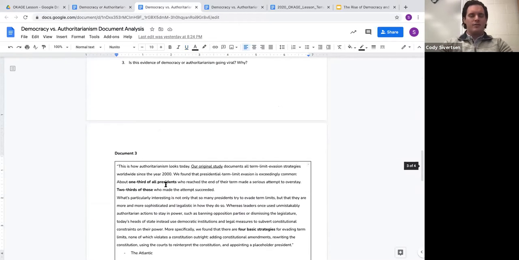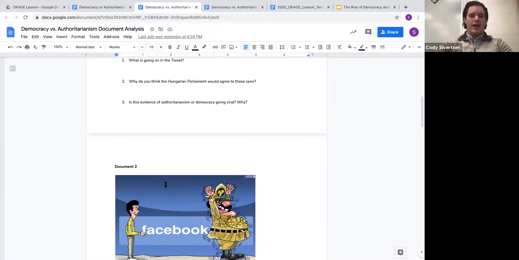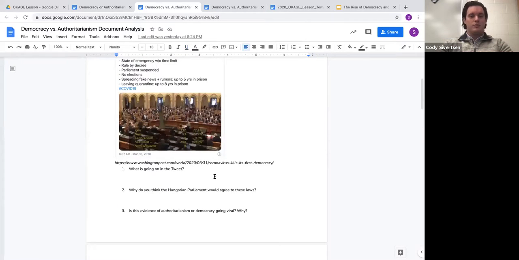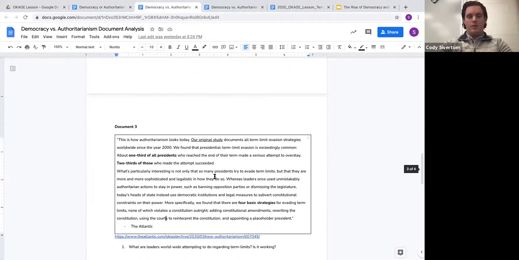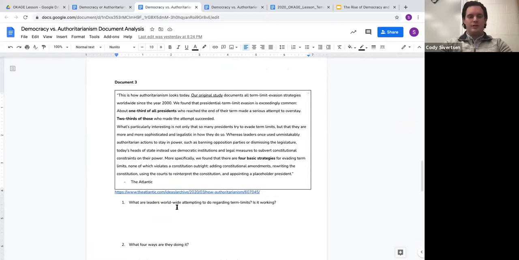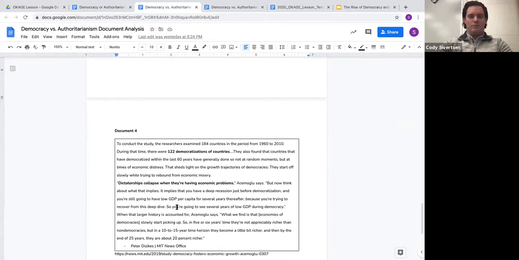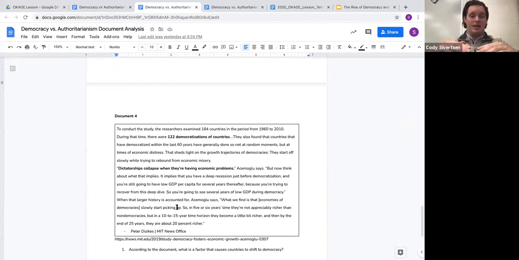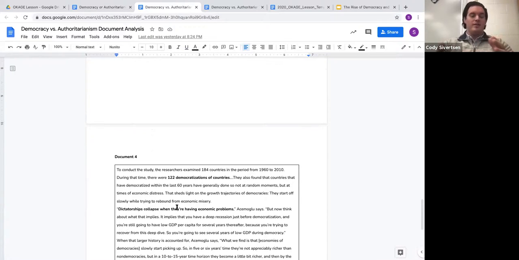There are a lot of different ways that you can do this. What I ended up doing today was I let the kids look at the pictures on their own. And then I went through the documents with them, the excerpts, the quotes, just because, like I said, my kids are babies when it comes to this. They're really in the beginning stages. They're real green when it comes to document analysis. If it were at the very end of previous years, I might let them work through all the documents on their own.